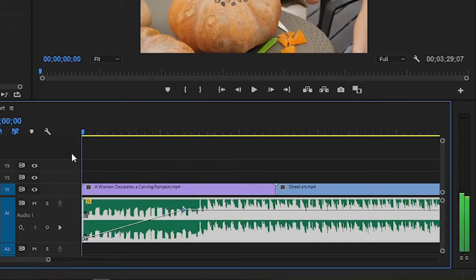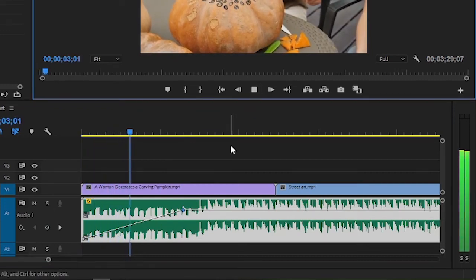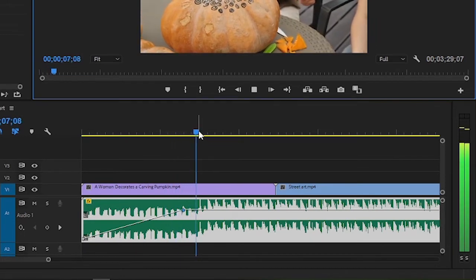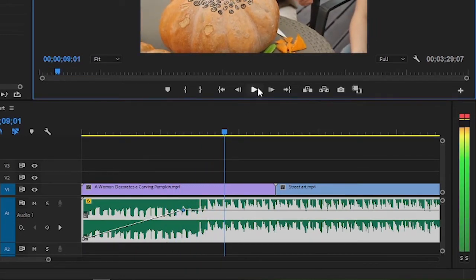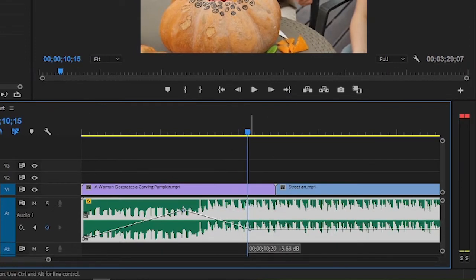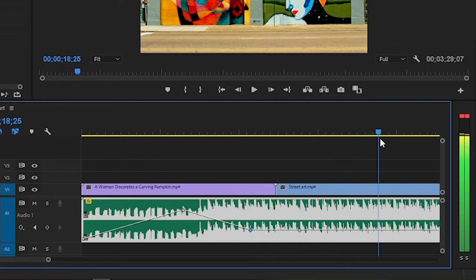Let's play from the beginning to listen to the sound. So it gets louder gradually from the first to the second keyframe. The advantage of this manual way is that you can make a linear fade by adding more keyframes for the volume level. For example, you can set the third keyframe if you want to, and set the volume level for it. Add the fourth keyframe, the fifth keyframe, and set its volume level up.